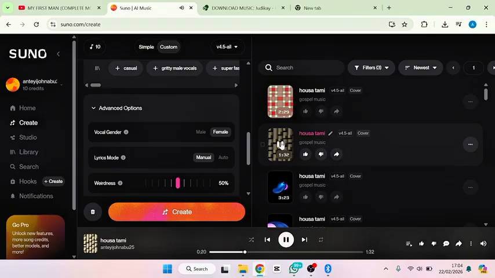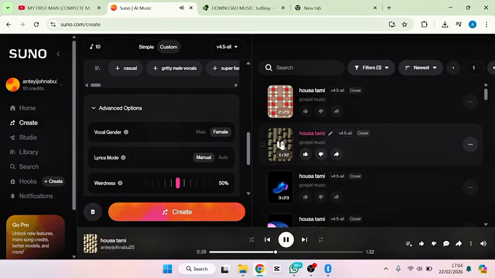All right, now the next thing is, what if you want to create a hip-hop or Afrobeat with your own language? How do you do that? That's the next thing we need to do. For that we'll be needing lyrics. Instead of using a voice reference, we are going to be using lyrics.